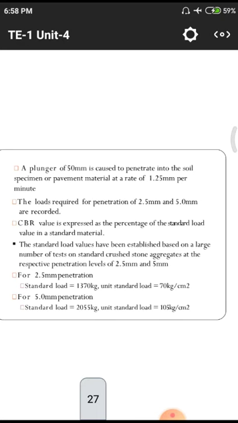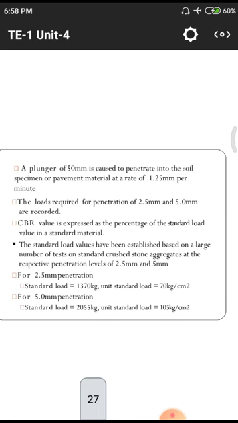After that, standardized load values have been established based on a large number of tests on standard crushed stone aggregate for respective penetrations of 2.5 and 5 mm. For 2.5 mm penetration, the standard load we get is 1370 kg, and the unit standard load is 70 kg per centimeter square. That means for a unit, normally a particular area. The total soil surface will have to bear a load of 1370, and the unit area will bear 70 kg. Unit means centimeter by centimeter,